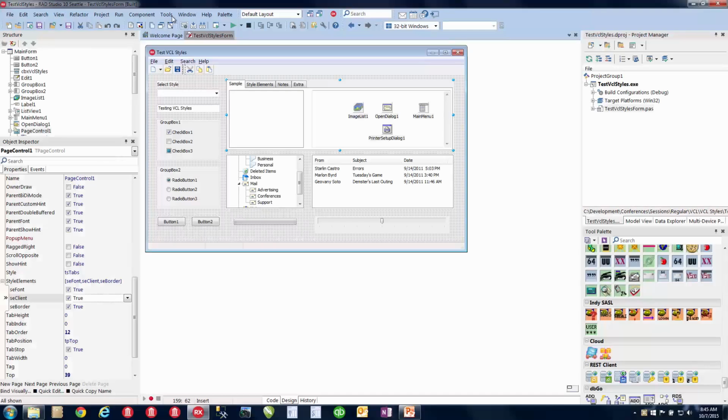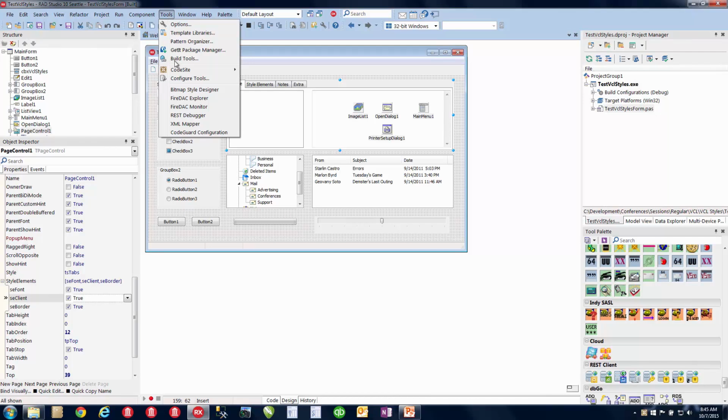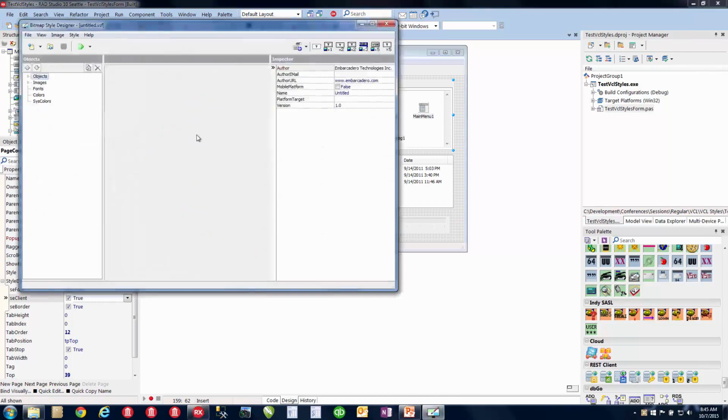And we'll take a look at both. So back in the IDE, if I go to the Tools menu, I can pull up the Bitmap Style Designer, and it's a separate executable. And when you load it, there's a default style that is created, and we can get a feel for that